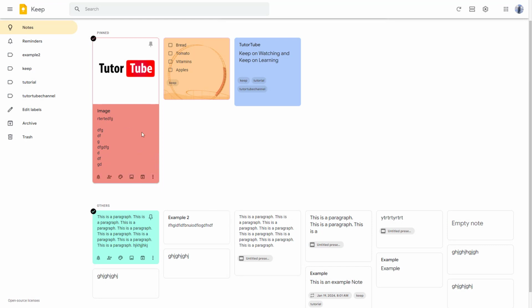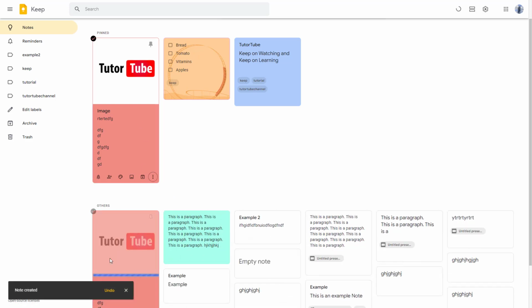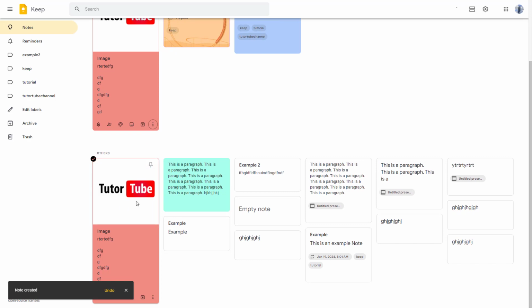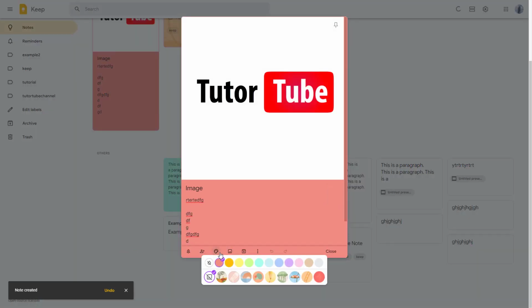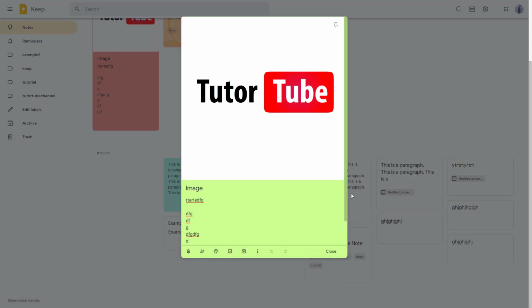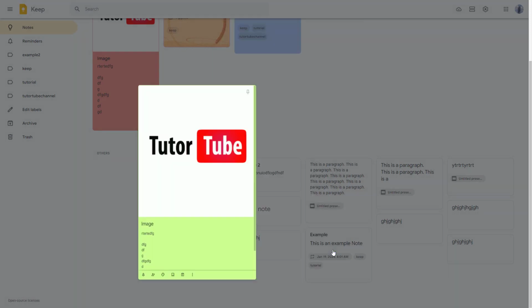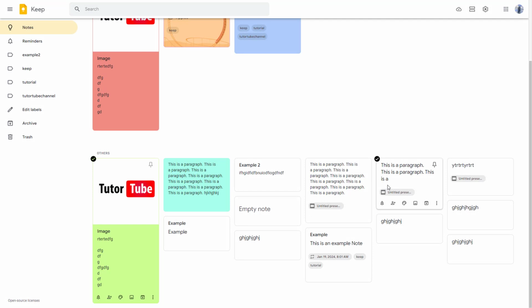Let me just go onto this section, and you can go onto more from over here as well. And then you can make a copy of this note, and you can see that it pops up over here with the picture and all the information, and you can go ahead and make the changes to this however you want. So that is how you can make copies of notes and then work with them